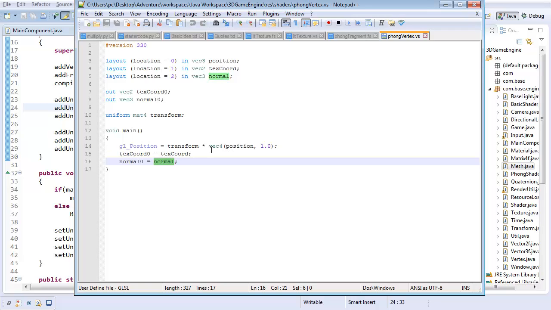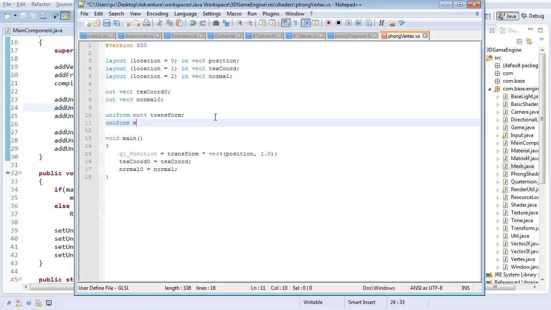And here's the problem with that. The vertices get transformed and moved all over the place depending on whatever happens. So in order for this to be where the vertices actually are, I'm going to need to transform this not by my perceived perspective transformation like this, but by the physical transformation, the translation rotation scale, not the perspective translation rotation scale. So I'm actually going to need to take in another matrix 4, one called